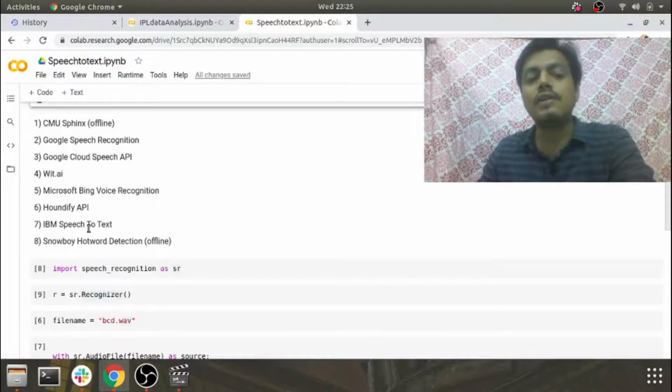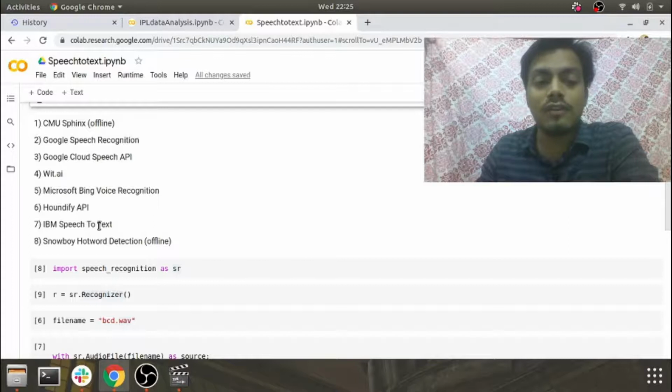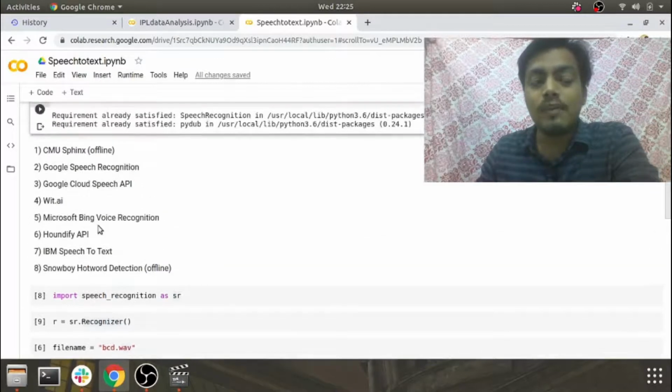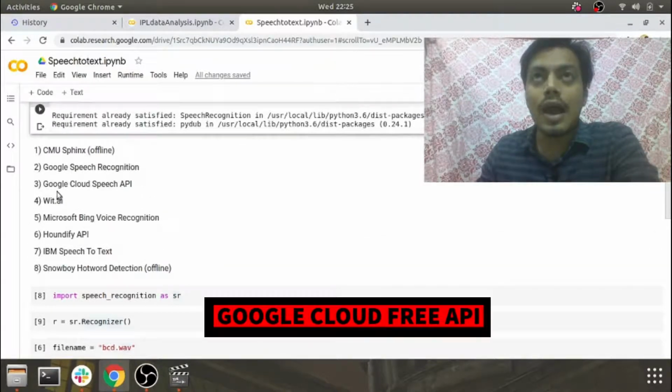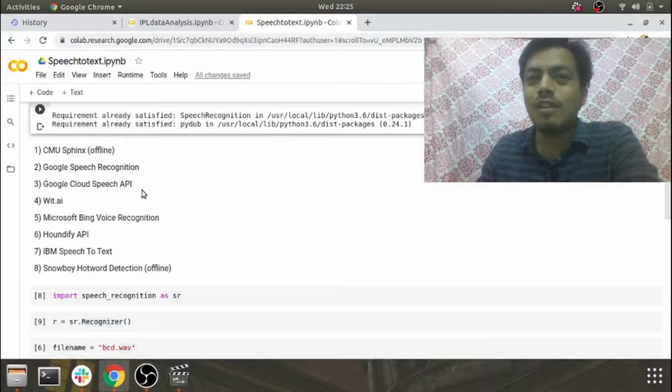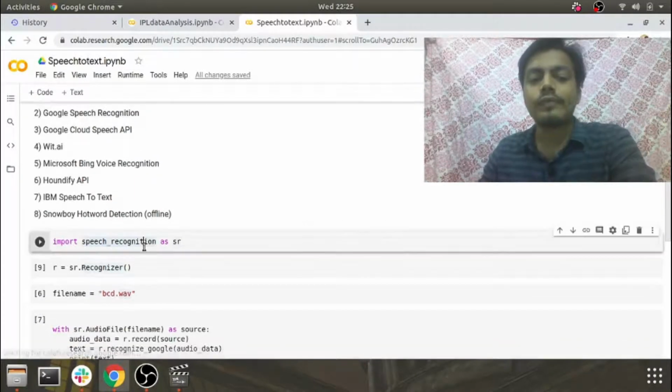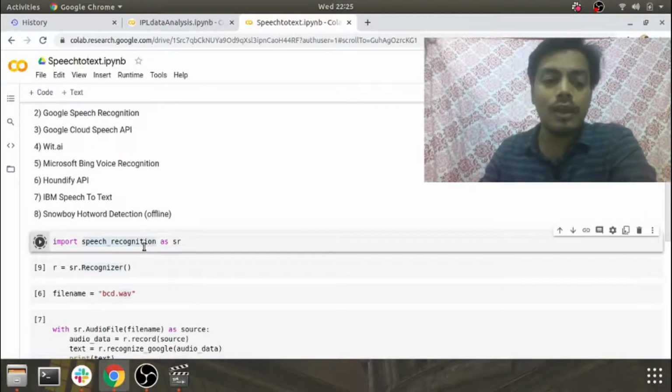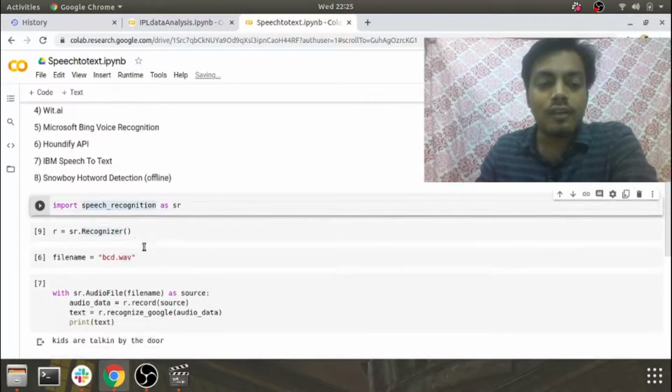Some of these engines require passwords and authorization, so for simplicity I will be using the Google Cloud Speech free API, which doesn't require any specific authorization and password.